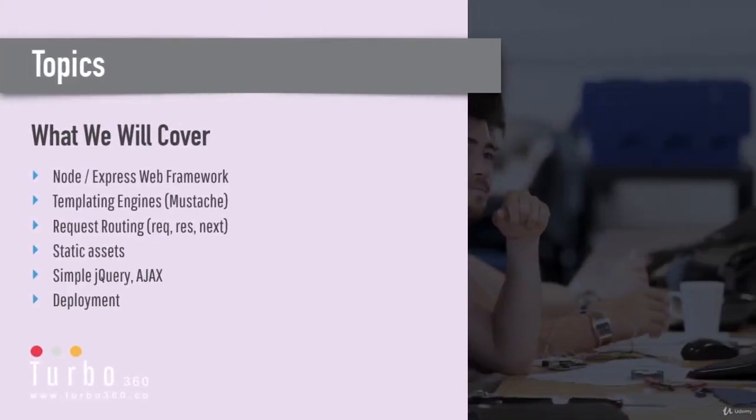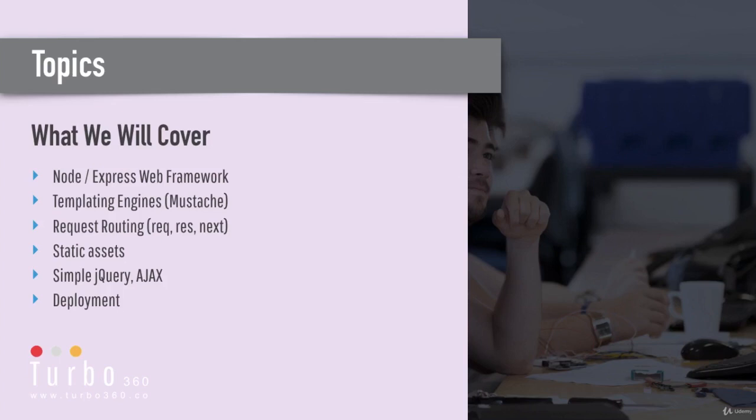In this series, we will cover obviously the Node Express framework and all of its underlying pieces and concepts necessary to use the framework effectively. So templating engines is going to be in that list. We're going to use the Mustache templating engine, which is one of a handful of popular templating engines. A couple others might be